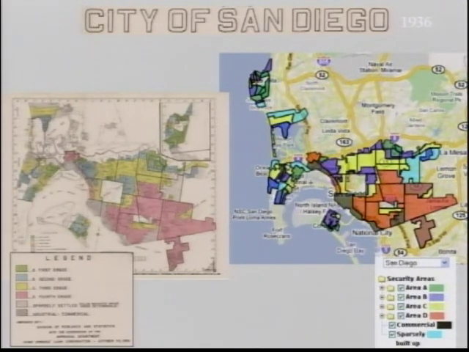Blue were near Caucasian, but built up. Red are the redlining areas, and that's where the term comes from. There's a whole framework that describes how the color code was established, what its meaning is, etc. For each of these maps, we essentially created a Google map version where each little boundary is a maplet of itself. It's individually clickable, and we're linking all these little geographical areas to segments of the text, and we've created indexes, etc.